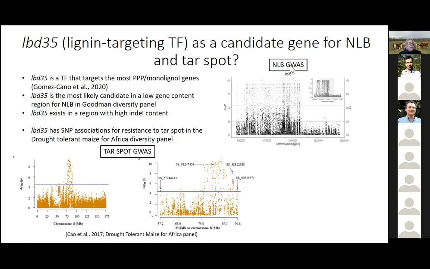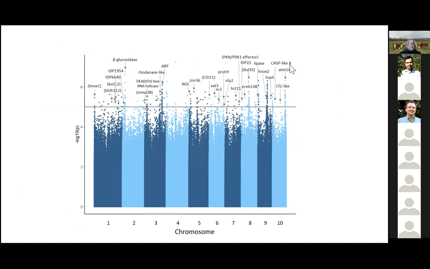It's also a gene that would make sense to have some multiple disease resistance to tar spot. So while I cannot screen for tar spot in New York because it's not here, it would be fascinating and brilliant if, by screening for northern leaf blight, I can identify tar spot resistance genes. From those genes, there are a lot of other genes here that I haven't mentioned, and they could be targets for breeding for silage corn as well as for grain corn. So there's a lot of options.